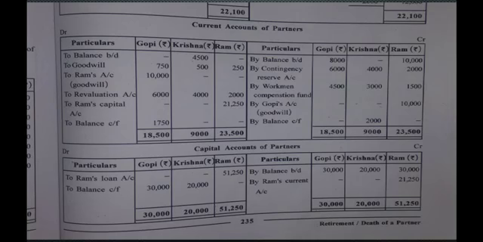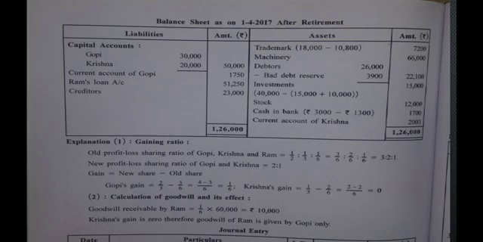Then talking about Krishna, the total of debit side for Krishna's column is higher. It is 9,000. So 9,000 minus 7,000, which is the total of credit side. So the amount of difference is on credit side for the column of Krishna by balance carried forward 2,000. Now here the answer is on credit side. So in balance sheet it is to be written on debit side. You can see asset side, the very last thing mentioned, current account of Krishna 2,000. Is that clear?